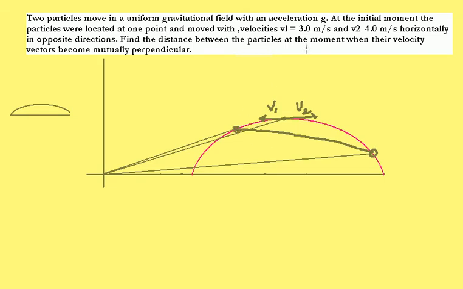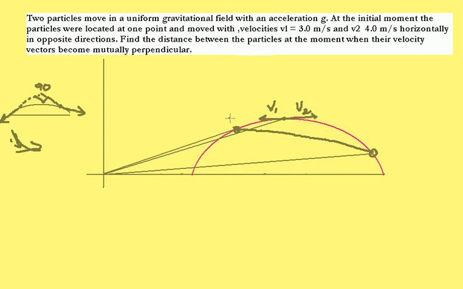What does it mean by velocity vectors being perpendicular? At any point on the curve, in the path, during the motion of a body, the tangent gives the direction of velocity. So if two bodies are moving, their directions of velocities would be in this manner. At every point in the curve, there's a velocity vector here, there's a velocity vector here, and so on. So we have been asked to find those vectors which make an angle of 90 degrees when extended backward.